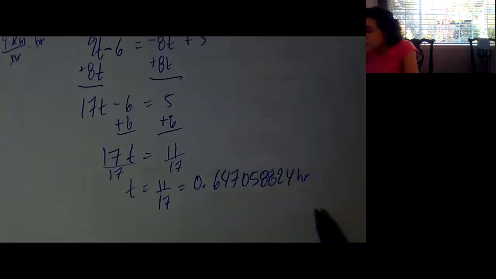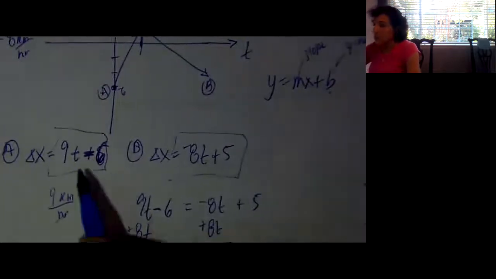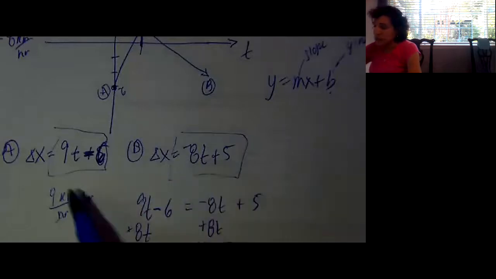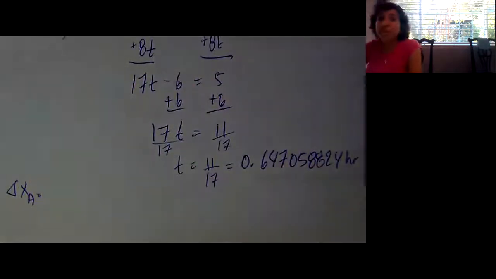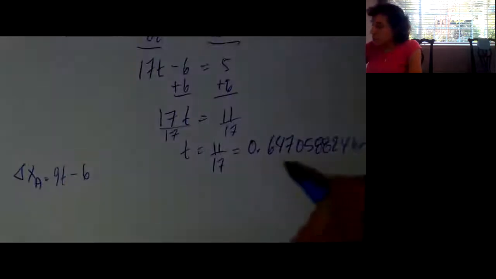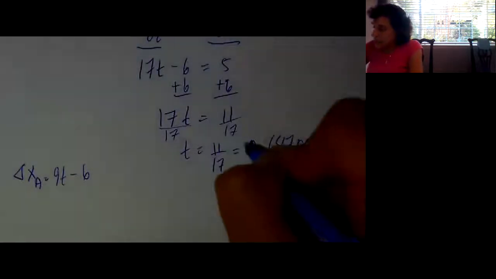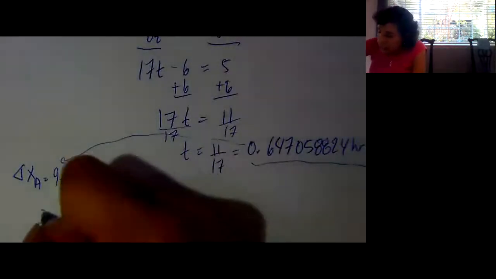The reason I want to leave it that way is because now they ask, where is that? What is your delta x? So you can go back and plug it into either one of these because you'll get the same thing. Let's do the first one. So the first one, my delta x of A is 9t minus 6. So I'm just going to plug this whole long thing into the t. 9 times all that stuff, and then I subtract 6 from it, and I get a negative